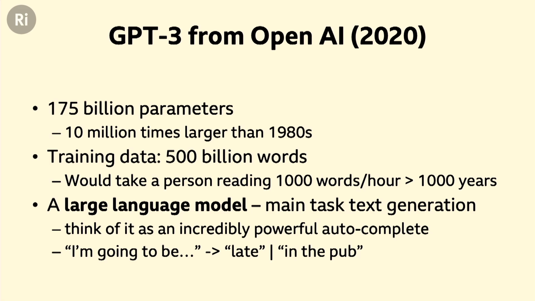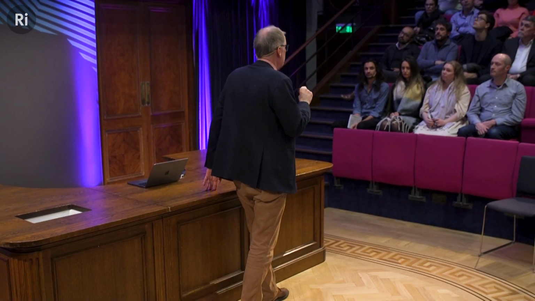And there's no point in having a big neural network unless you can train it with enough data. And actually, if you have large neural networks and not enough data, you don't get capable systems at all. They're really quite useless. So what did the training data look like? The training data for GPT-3 is something like 500 billion words. It's ordinary English text. That's how this system was trained, just by giving it ordinary English text.